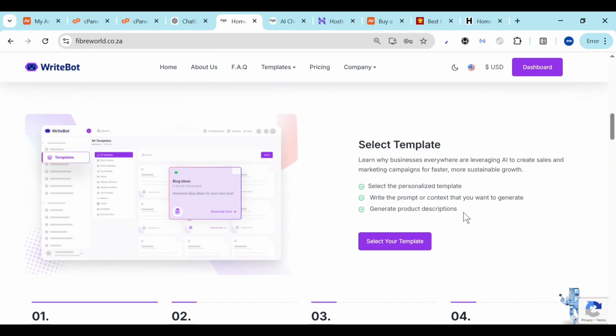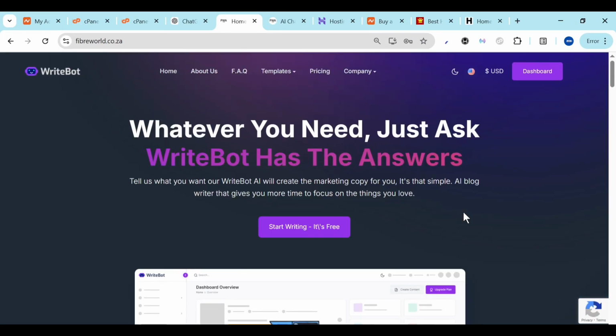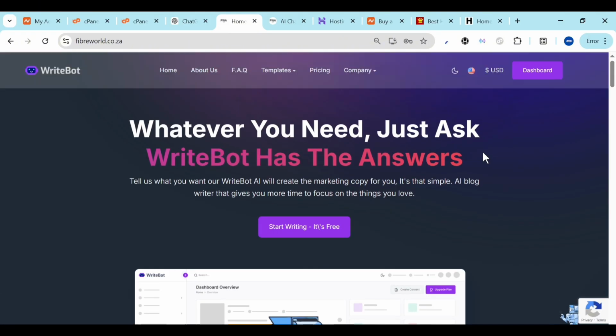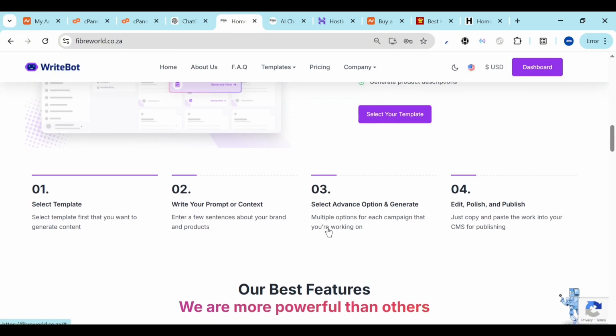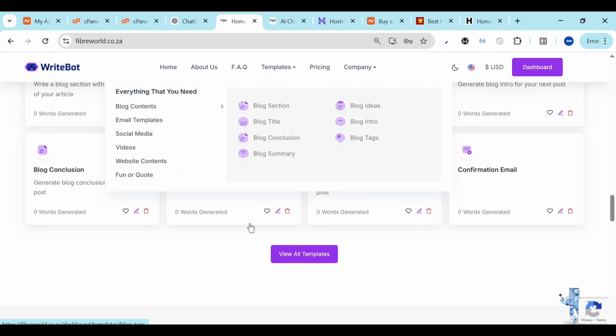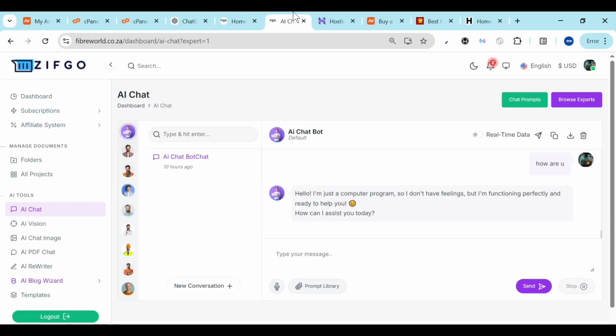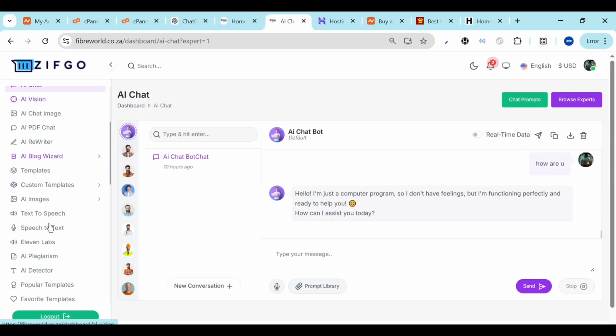So the first thing we just want to look at is how the site works. A few things you want to take note of. The site comes with subscription. There's a dashboard where your users can log in and they can pay for different plans. All right, so let me just show you quickly inside the site. So these are the features that your users will have access to depending on the subscription that they have,